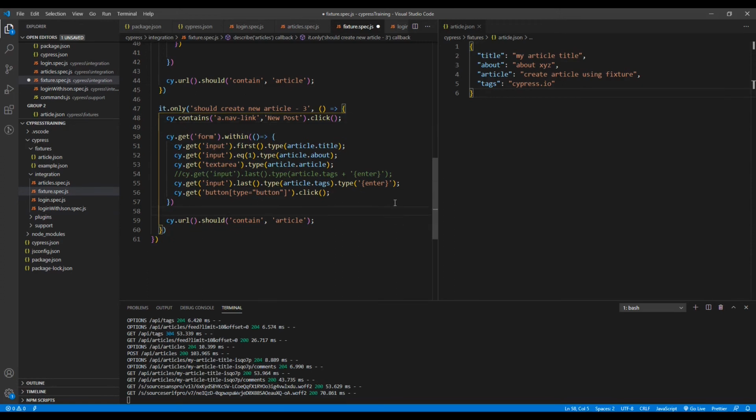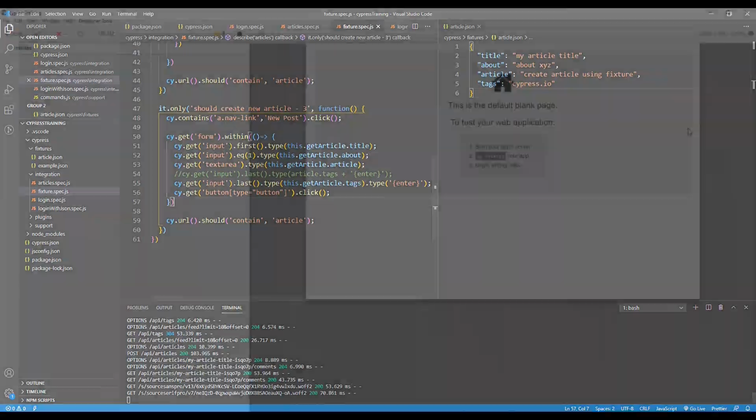Now, to use this context, we need to replace the arrow function with a normal function. In place of article, we will call the alias name with this context: this dot get article dot title. Similarly, you can replace this value with all the others, and you can save this program, and we'll see the execution.